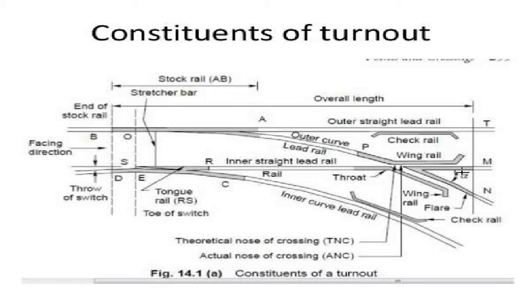Okay. Now same like that, trailing point of turnout is there. It is the opposite of facing point. It specifies that the train will be passing over the crossing first, then they will come to the switch. If that is the case, it is known as the trailing point of turnout. Now this is also important to specify because the direction of movement of some trains is reserved for trailing direction only. So these two terms are very important.